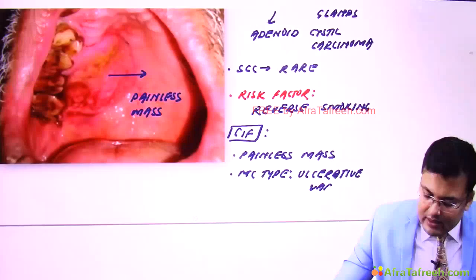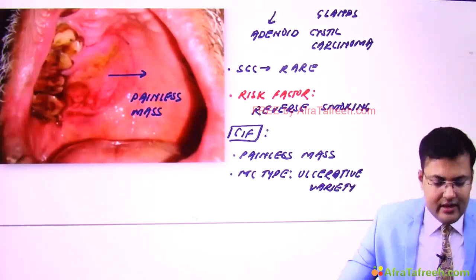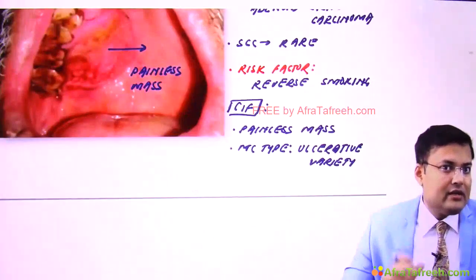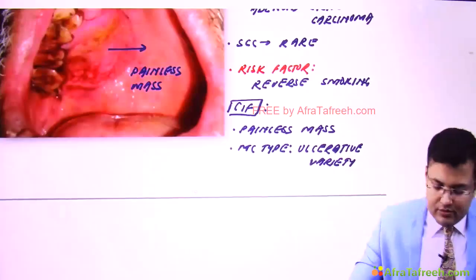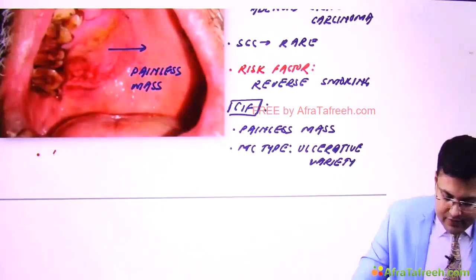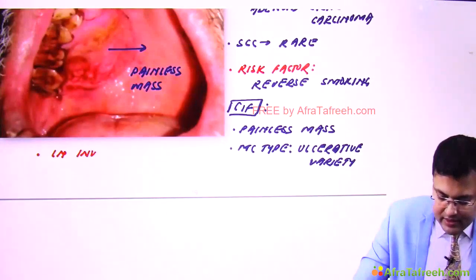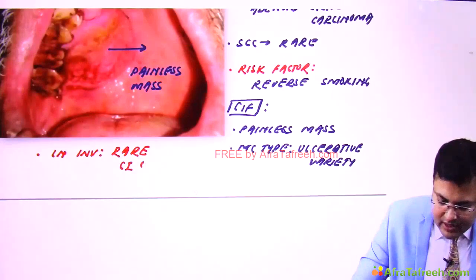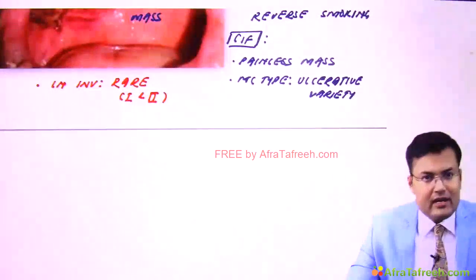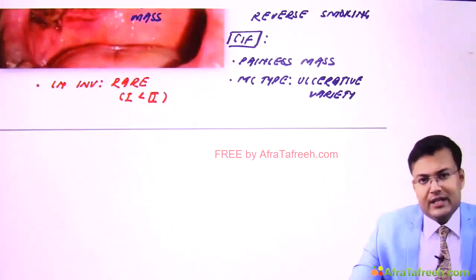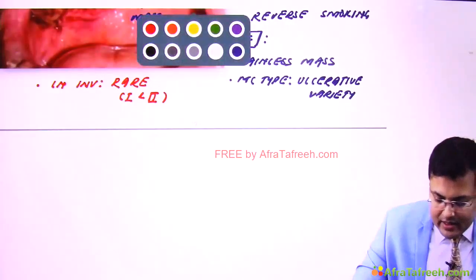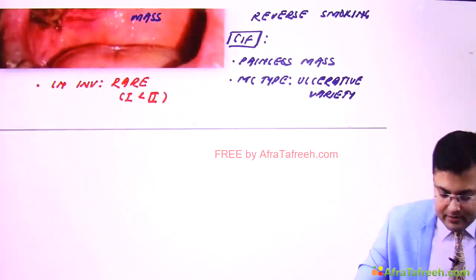We discussed lymph node metastasis is rare, and if there is involvement of lymph nodes, which levels are involved? Generally involvement of level 1 and level 2. So lymph node involvement, it's rare, and if it is involved, which group is involved? Level 1 and level 2. Clear? So we go for diagnosis. How? We go for edge biopsy. Investigation of choice for staging is MRI. Now see the treatment. It's a bit different.